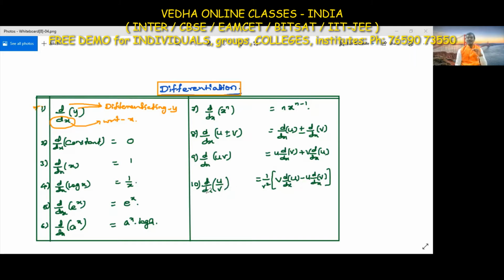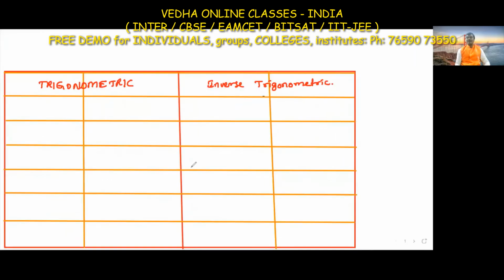So the final formula for this is d by dx of u by v is equal to 1 by v square into v into d by dx of u minus u into d by dx of v. Okay, so after that we are going to discuss the trigonometric and inverse trigonometric formulas. Now, d by dx of